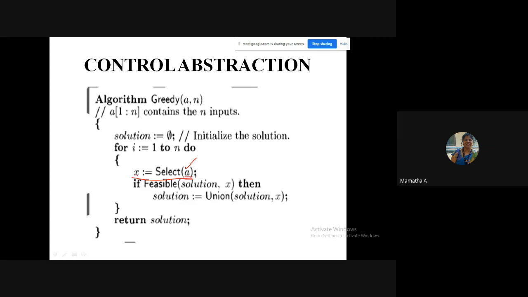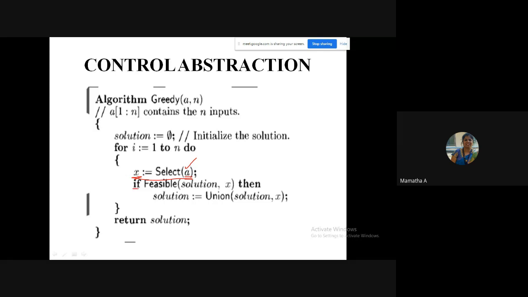Definitely, you all know that once you select the rice item, you will never come back to the rice counter again. Why? Because you have already selected the rice. So what does the select function do? After selecting the input from A, it will remove that element from A so that it is not selected again, and store that element in X. Understanding? So select selects one input from A, removes it, and stores it in X.